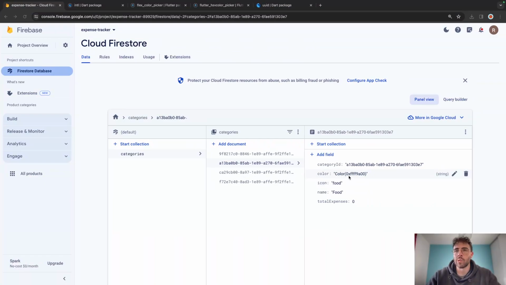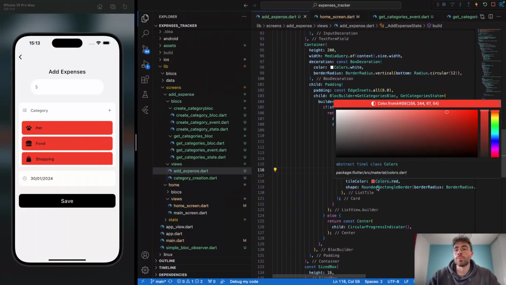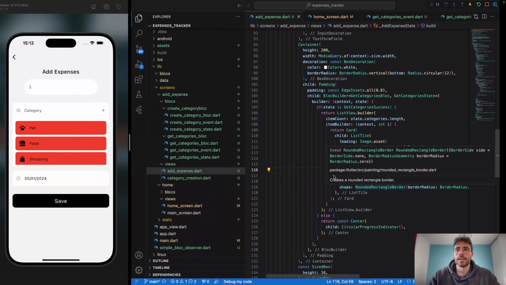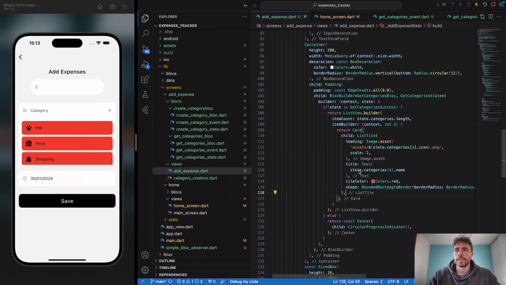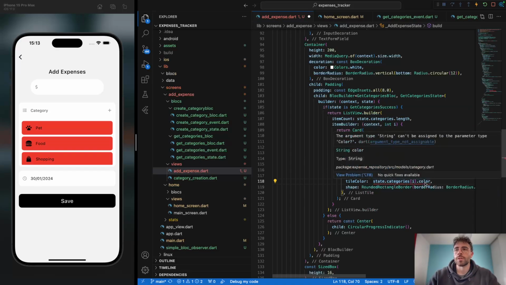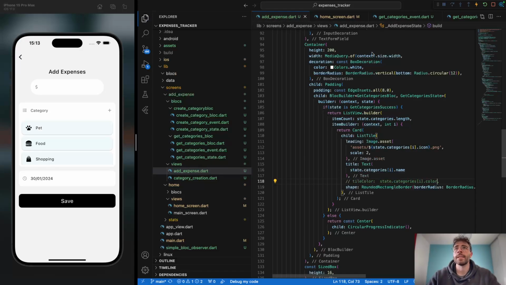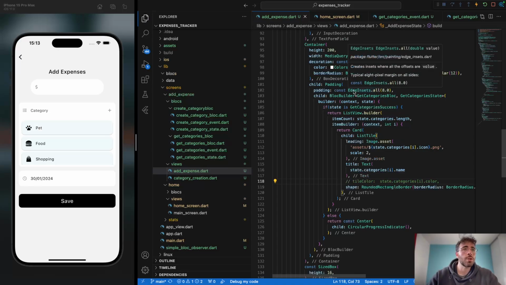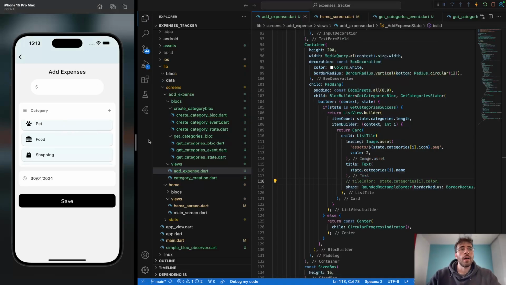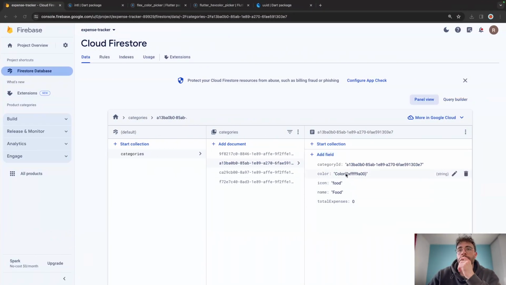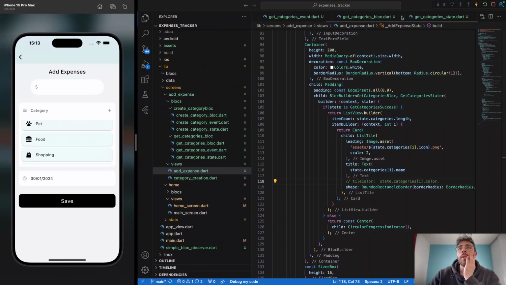So perhaps we can see if we can trim. I don't know how we can do that. Let's see. Perhaps I just want the hexadecimal code for the color. Yeah, that's definitely something that I would prefer, right? So we're just going to change one thing. Here is in our way to save the color. So that's going to be within our